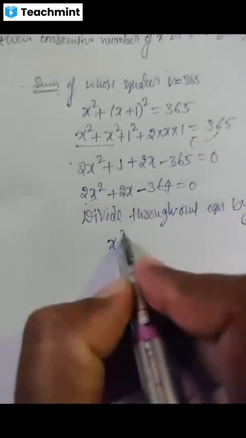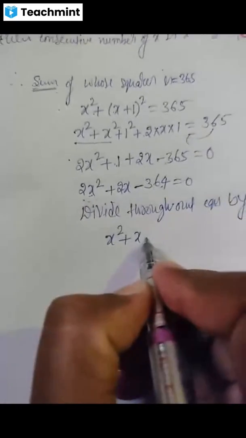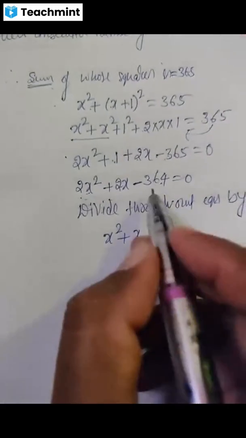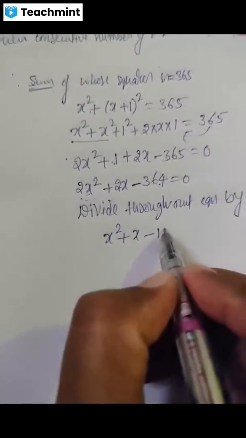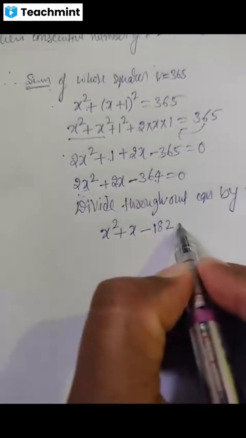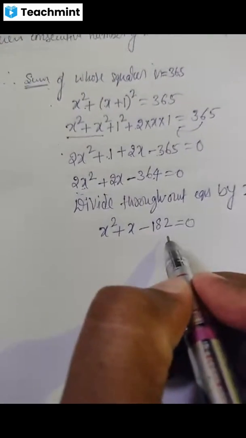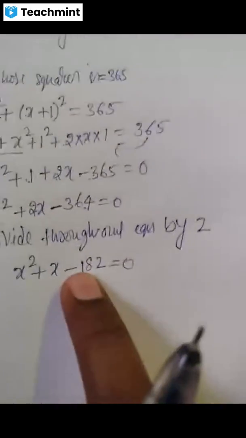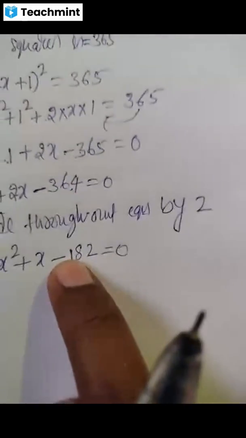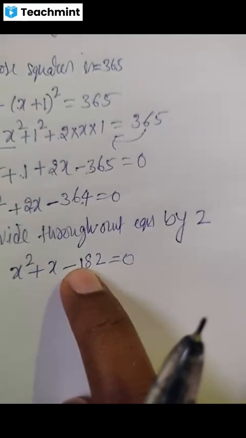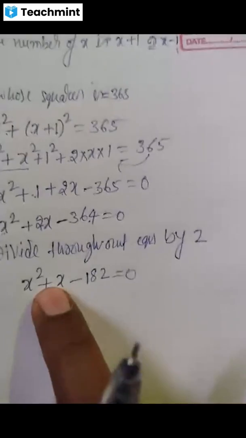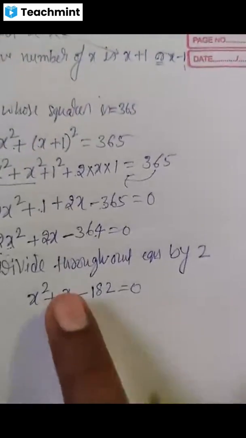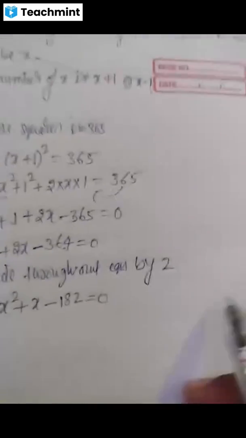So this becomes x square plus x minus 2 1s 1 remains, 2 8s 2 2s equal to 0. Okay, but here the last term has a negative sign, so one factor is plus and one factor is minus. It depends on the middle factor. So the middle term is positive, which means the greater factor has a positive value.